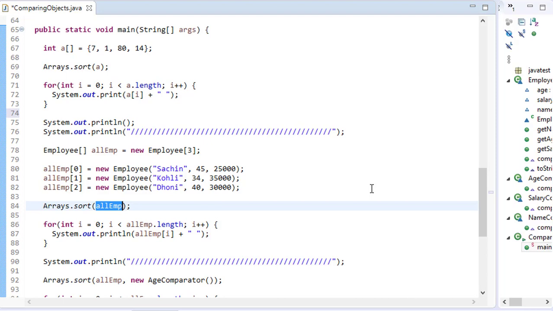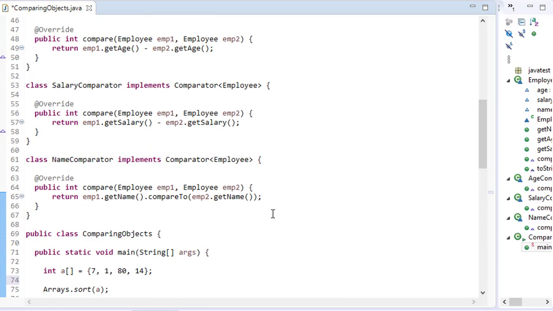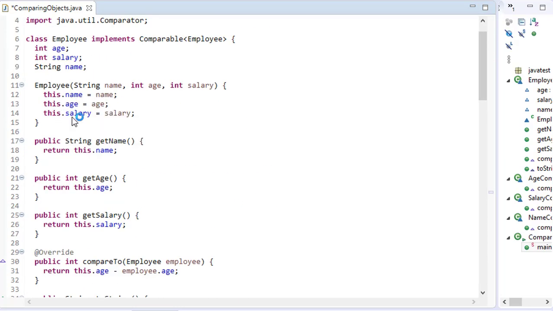When you implement the Comparable interface, you will decide on which value I should sort, because here we have three values: the name, the age, and the salary, right? Let's say I decide that I will always sort based on the age. So first of all, I will implement the Comparable interface, because Arrays.sort says that only if the object implements the Comparable interface will it sort it.